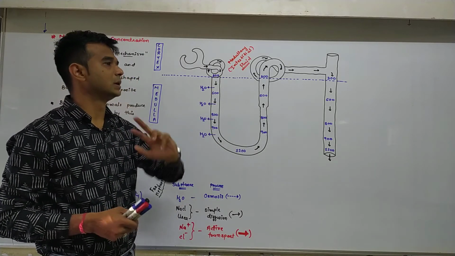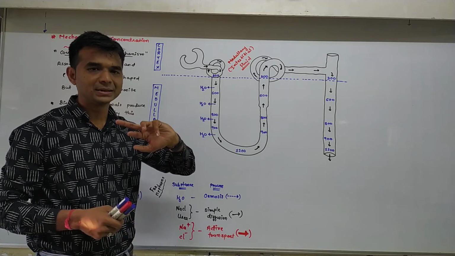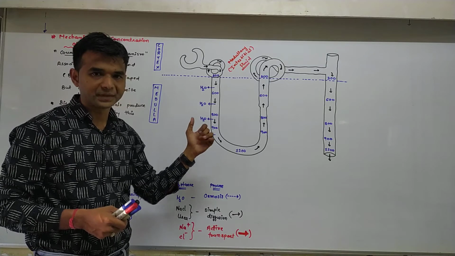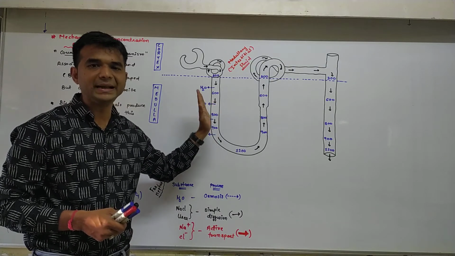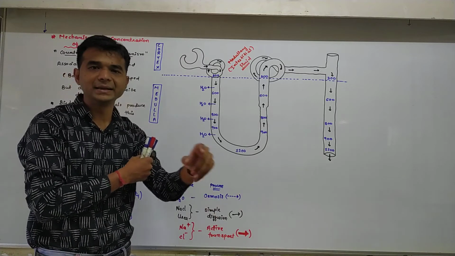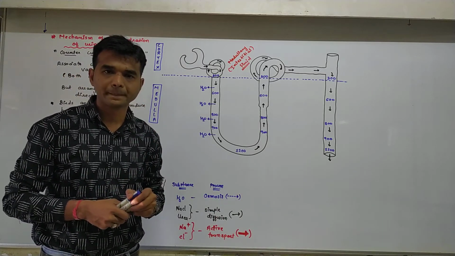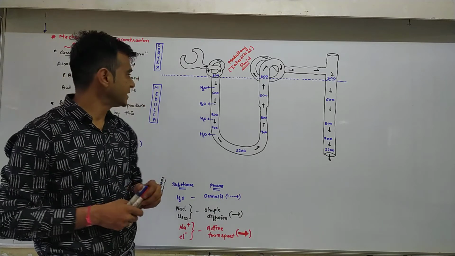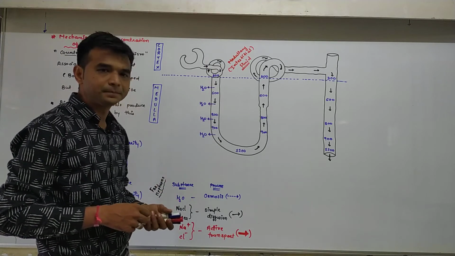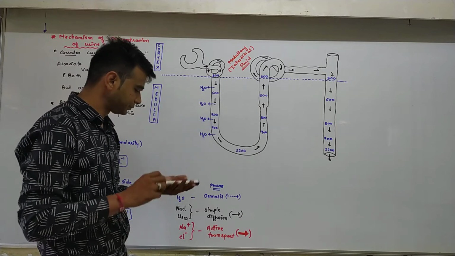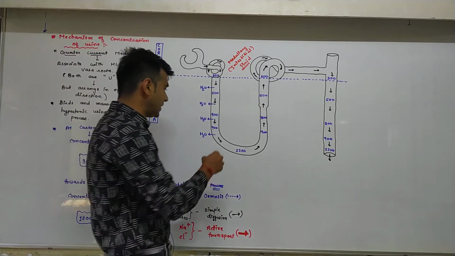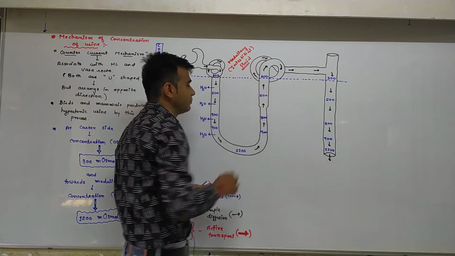Another point: there is an impermeable layer for electrolytes. It is impermeable for electrolytes, so electrolytes cannot move inside the tubule. That membrane is only permeable for water. Fine? Okay. Now we are moving towards the ascending limb of